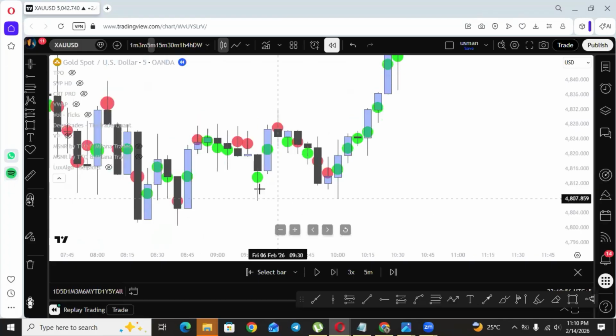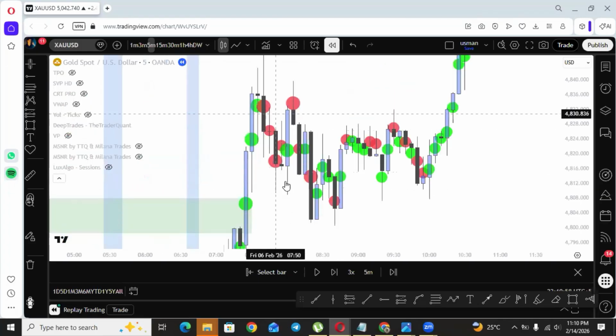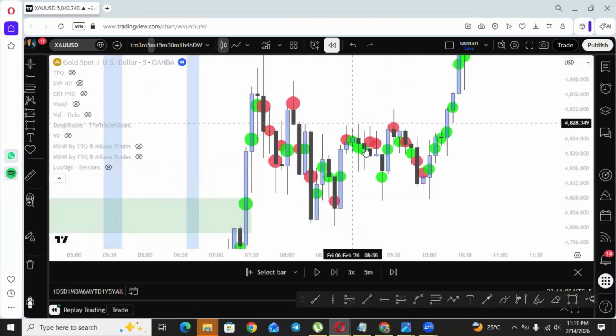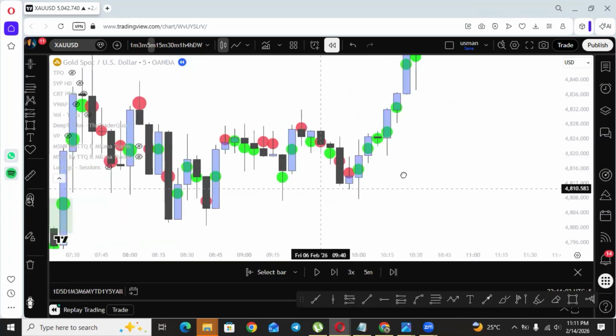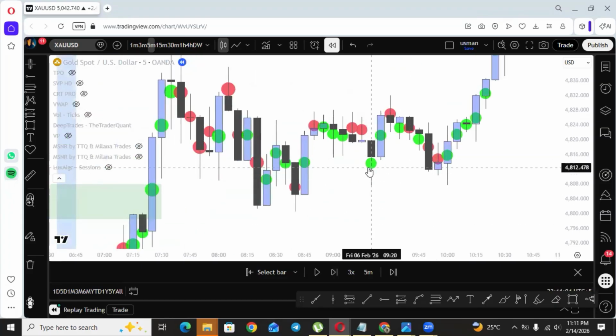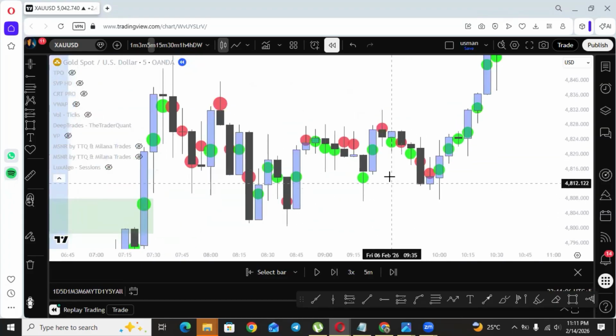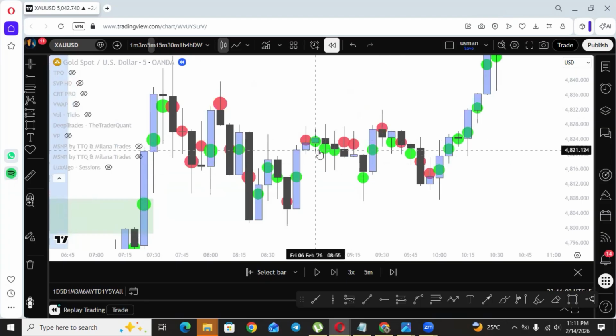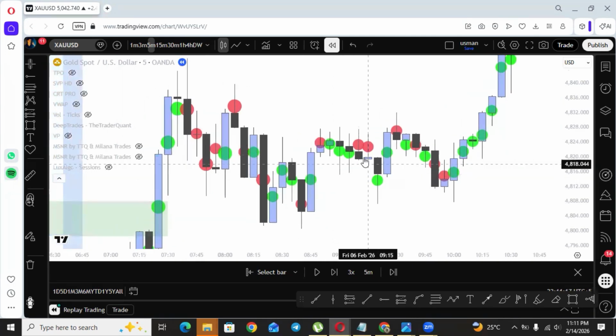Look, there was a war happening between buyers and sellers. Then you see buyers' aggression in a sell candle and a good follow through. You see buyers' aggression in a sell candle, and there was no good follow through. Buyers' aggression in a sell candle, no good follow through. Sellers' aggression in a buy candle, no good follow through. Okay, so this was a war, not absorption or exhaustion.